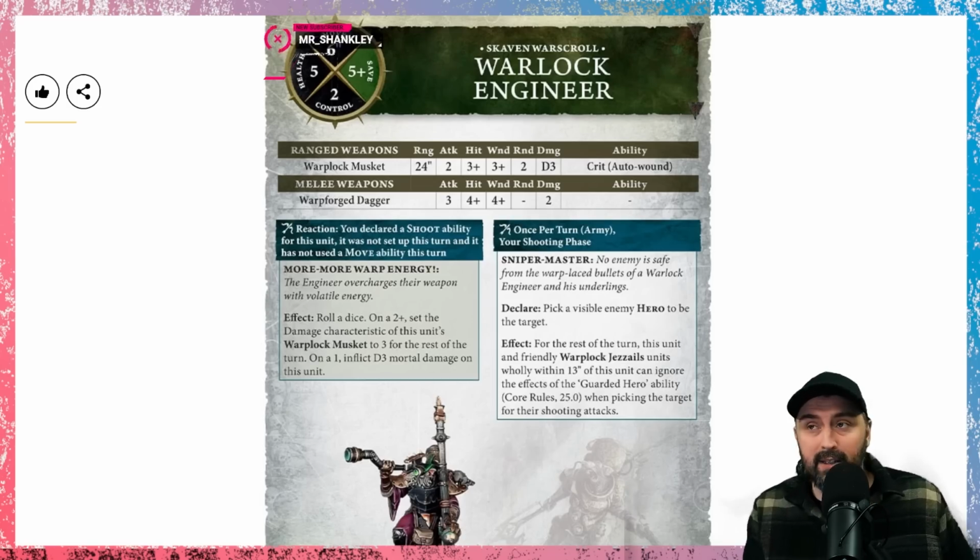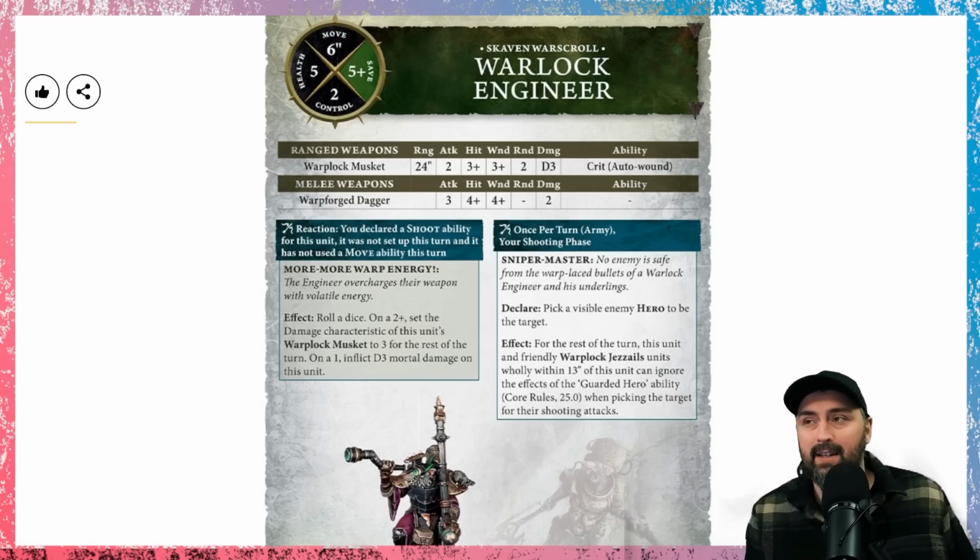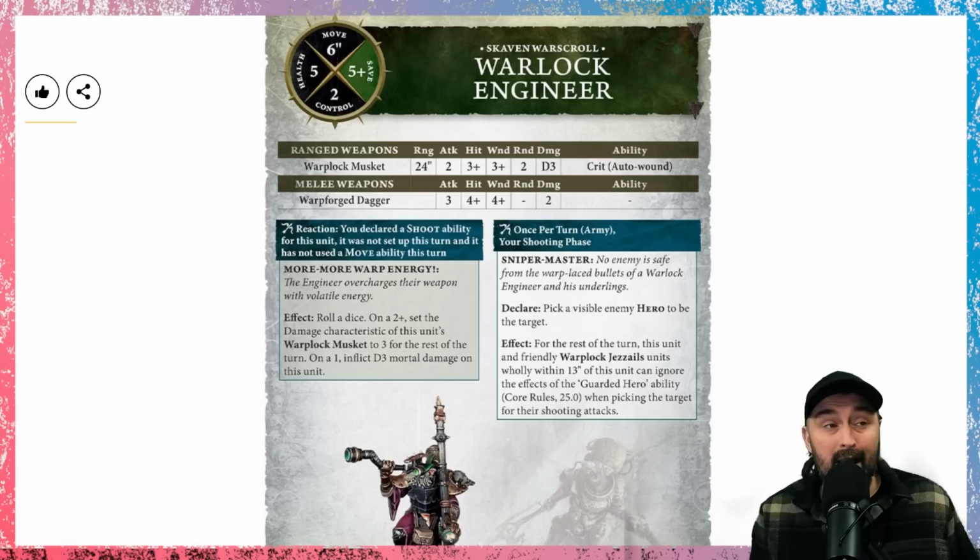So what sort of shooting attack does it have? It has a Warplock musket, which shoots 24 inches, 2 attacks, and is 3s and 3s, rend 2, damage D3. And it's also got critical wound. That's right, critical auto wound, which means it's time for...